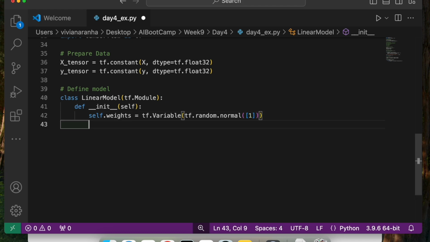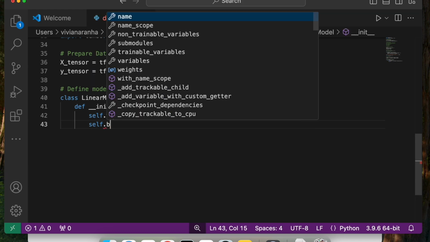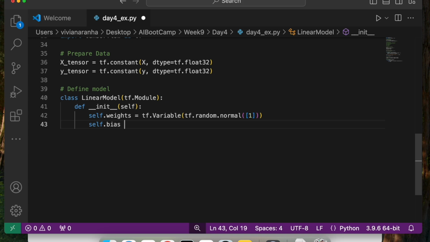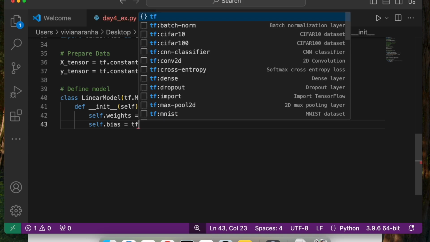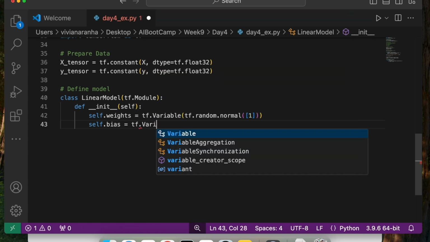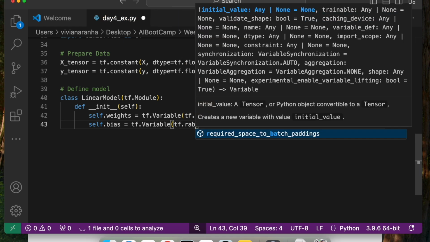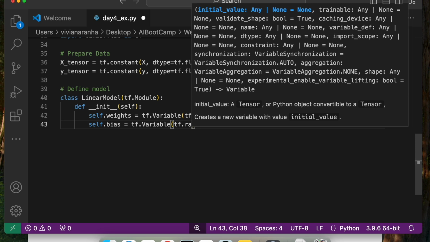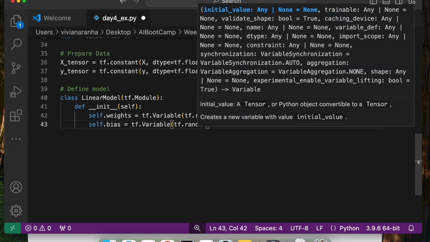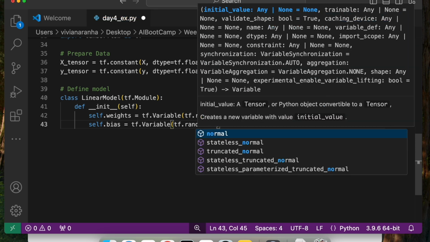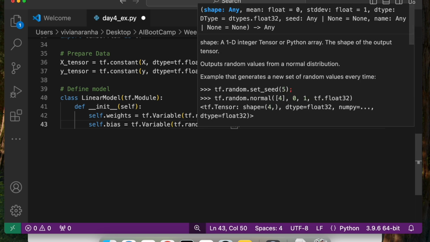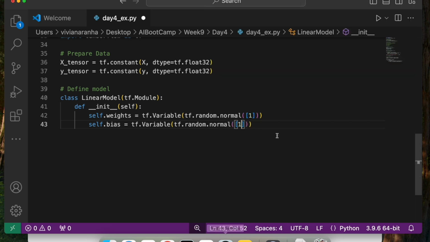So that will give me my weights. I'll also use the bias, which is tf.Variable, and to this I'll assign tf.random.normal, again around 1. Perfect. So I have my weights and bias initialized in my initialization function.